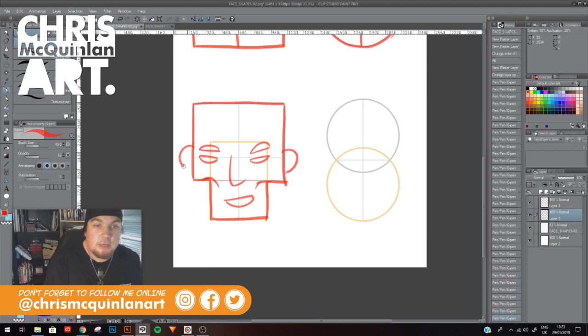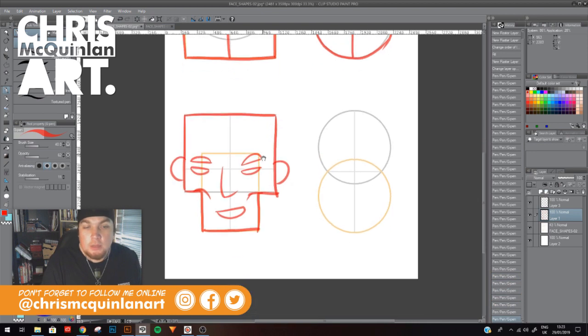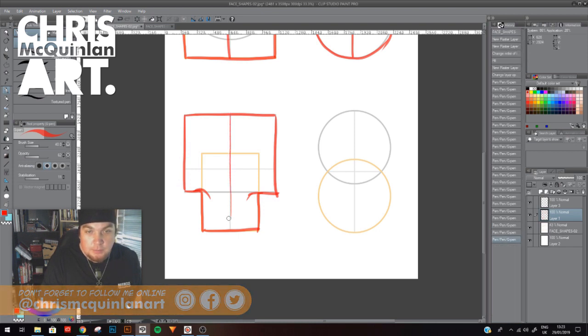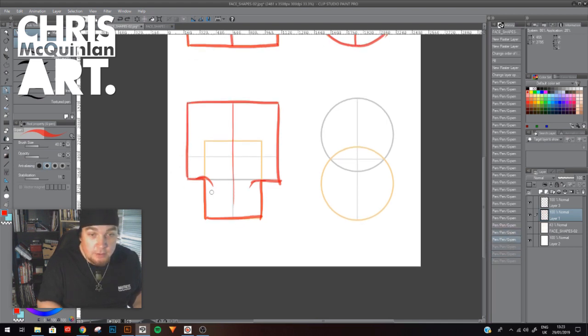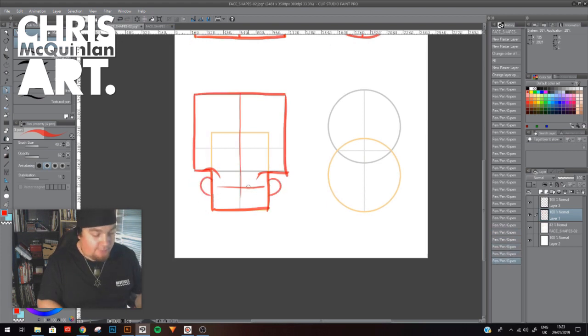Ears off to the side here. Now, one thing I want to talk about as well while I'm doing this, and before I jump over to here, you can see that my cross section sits up quite high like that. So as we explained last week with facial features and placement, the ears would sit here. Now if we wanted to have a good play around with it, we could actually put it down here and have the ears down here